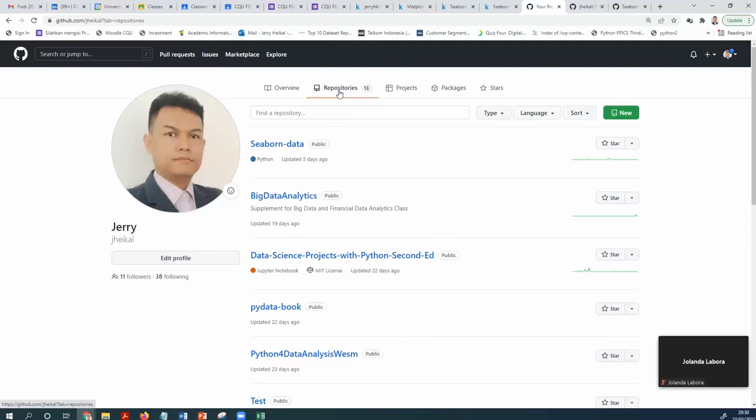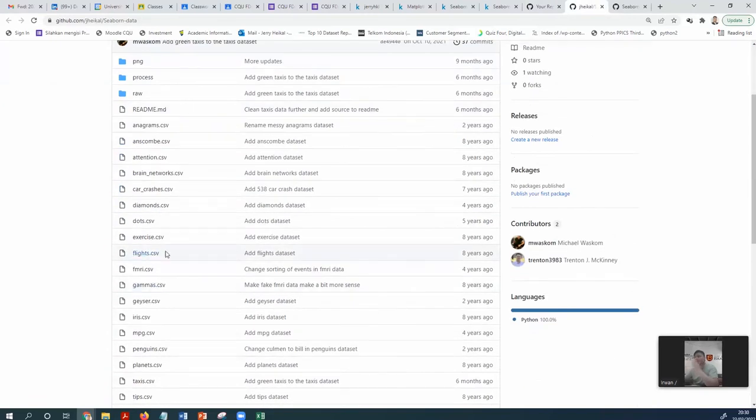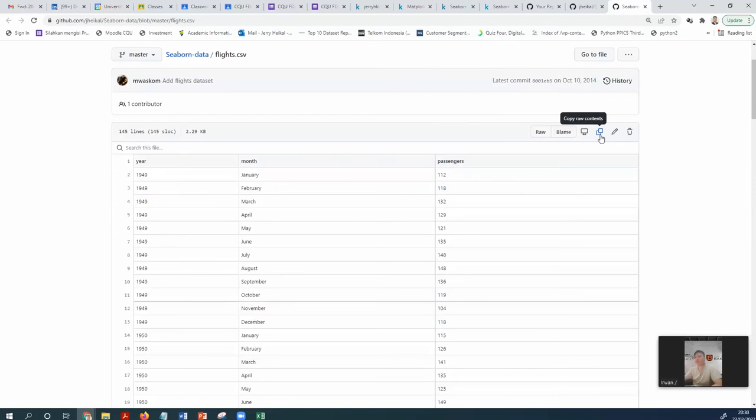What about others? Have you find the data? Yes, Pak. Okay. Already download the data? Find the data. Yeah, repository, and then click Seaborn. And then you open the Seaborn, you find the data flights. Open the link in the new tab, and then you copy the data, copy raw data, and then put it in the Excel, and then save as CSV, and then text to file,